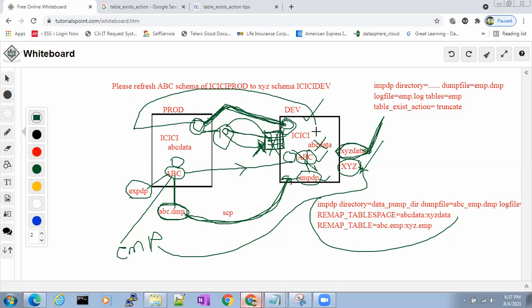Now again, one more scenario. I want the table to be completely deleted, and you have to import the fresh table. How can we import? During import with IMPDP, we use table_exist_action replace. You have to tell like that. At the time of import, when we use an option called table_exist_action equal to replace, it drops the entire table and replaces it with the new table, with the new definition.